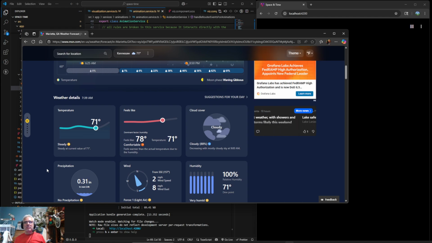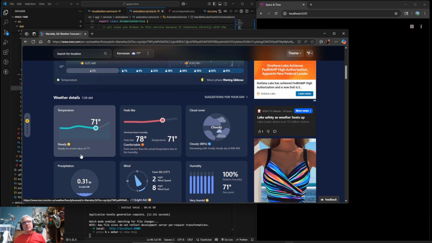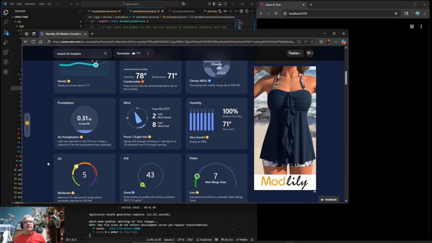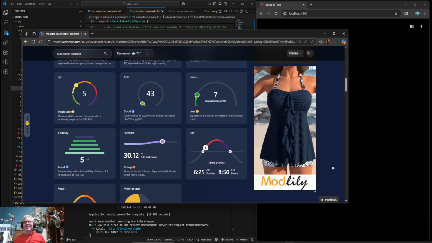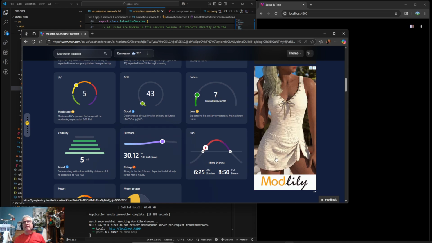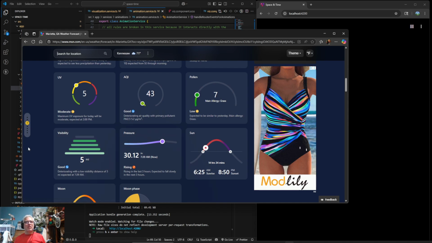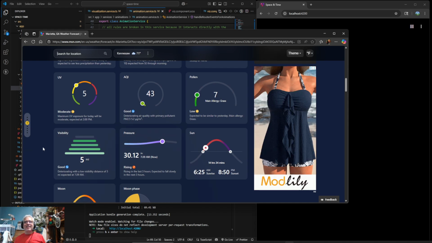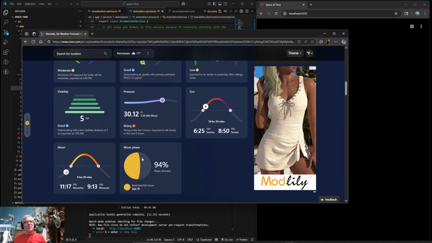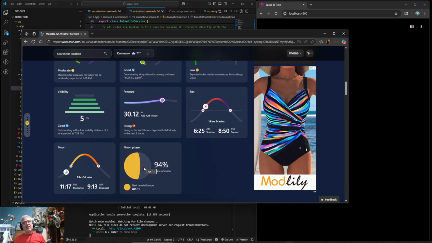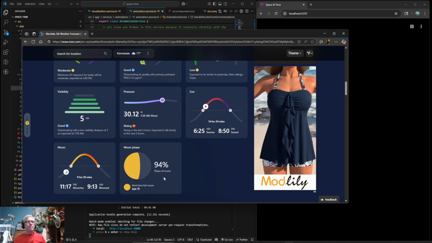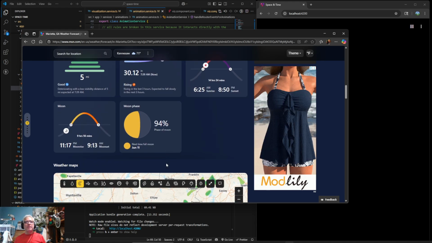I say it feels like 78 degrees. That felt about right. And apparently I'm in the market for women's bathing suits, according to the internet. So that's funny. And yeah, we're past the full moon. It's kind of chilling out. Probably time to unwind a little bit.